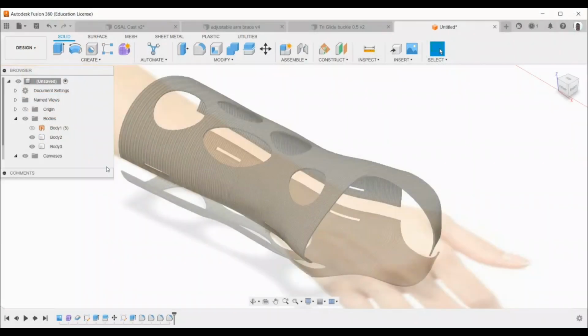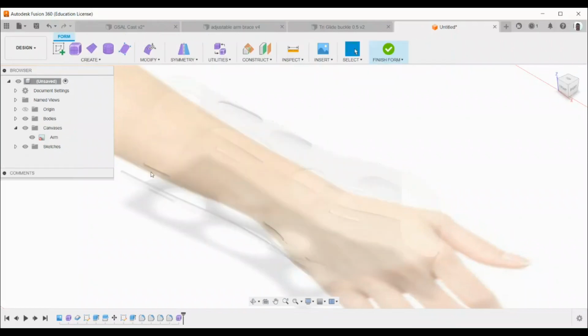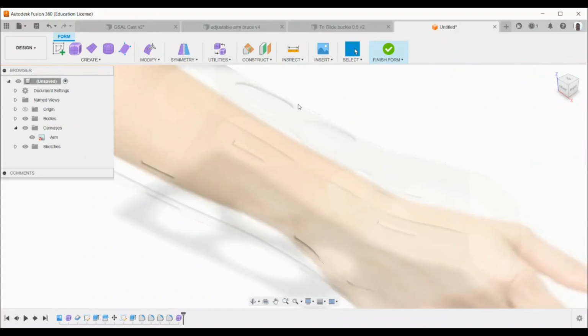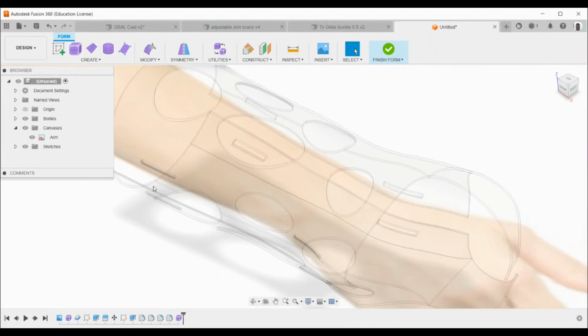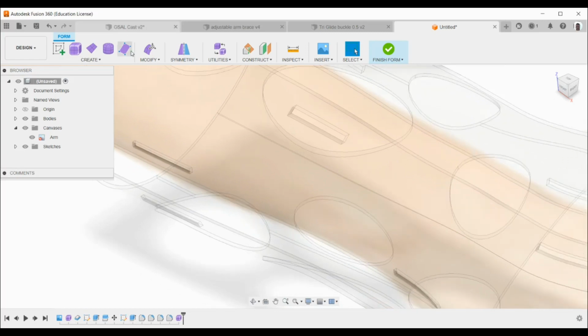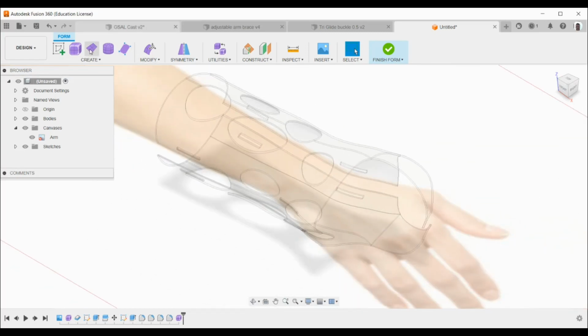For the final part, I'm going to show you how you might create a strap to link the two together. Now I'm going to go back into the create form area, and you can see that you've got a ghost impression of your work, but I can turn on the edges again so that you can see it a bit clearer. Now this time I'm going to use the plane,